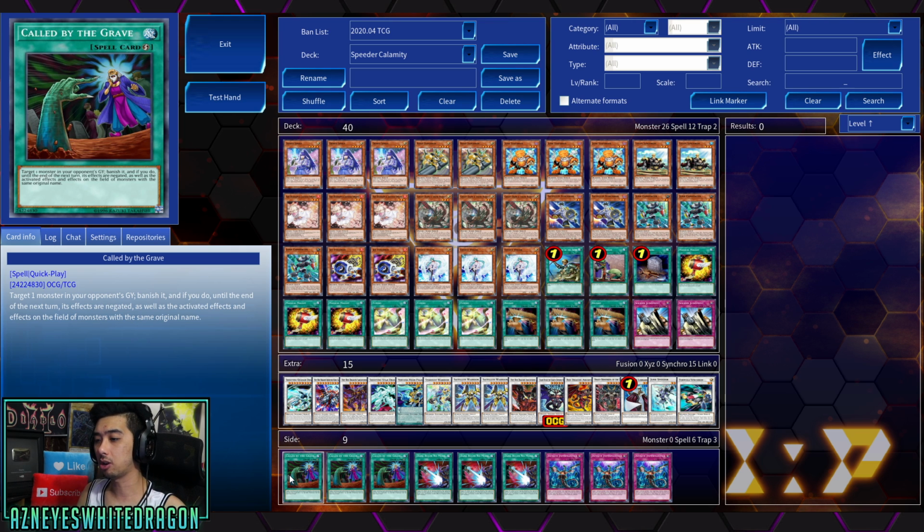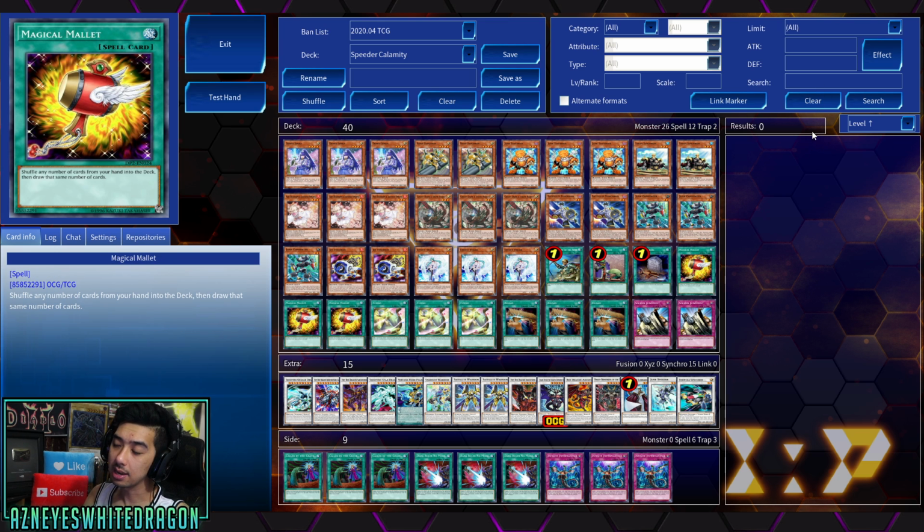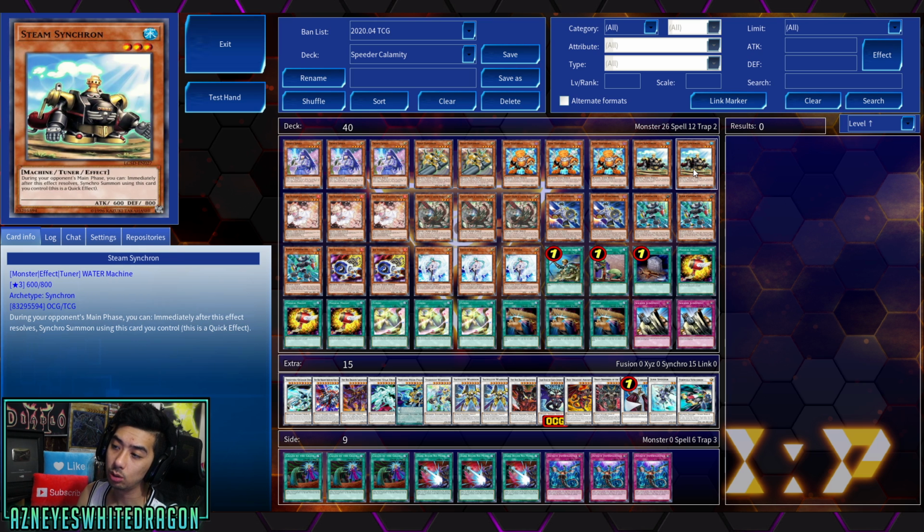So playing cards like Called by the Grave, or Impermanence to go ahead and stop your opponent, or the other card that can act as like Pot of Greed could be excellent as well for this deck variant. And again, I even think that you can definitely get away with Desires in this deck because you're able to play multiple copies of things that you need to special summon from the deck. Unless you banish all your copies of Steam Synchron, if you were to play Desires, I would play another copy of Steam Synchron because it's one of the more important cards to allow you to go ahead and make